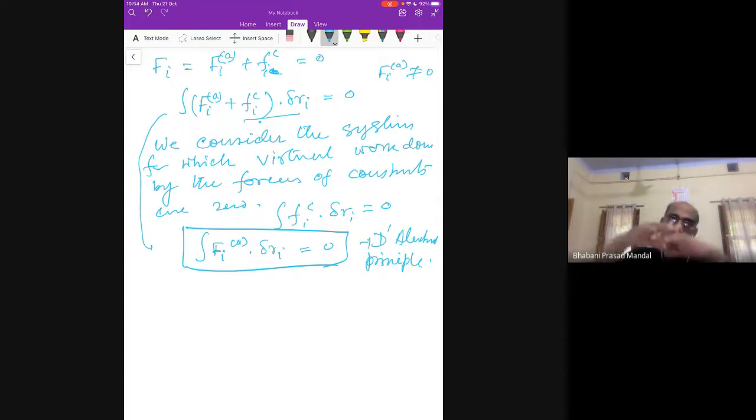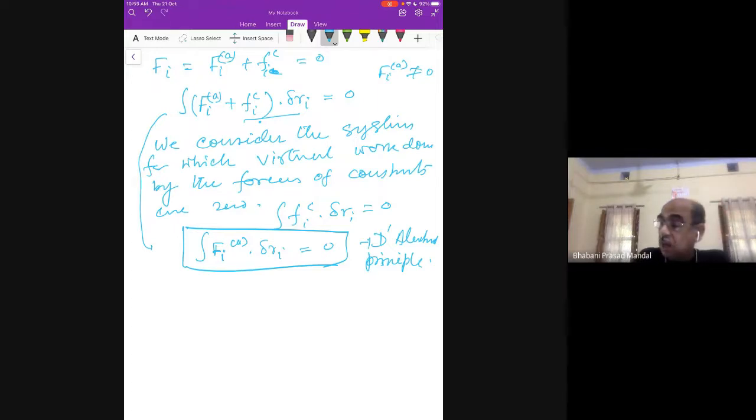See, suppose you have a spherical container and a particle is sitting on the top side. Now the force of reaction, since the particle is constrained to move on that surface, is that the force of constraint is perpendicular to the surface. Now when the particle tries to move, it will move tangentially, but the force of constraint is vertical, so work done will be 0, because if the displacement and the force are perpendicular to each other, then the work is 0. So this is an example of realizing how virtual work done by the force of constraint is 0.